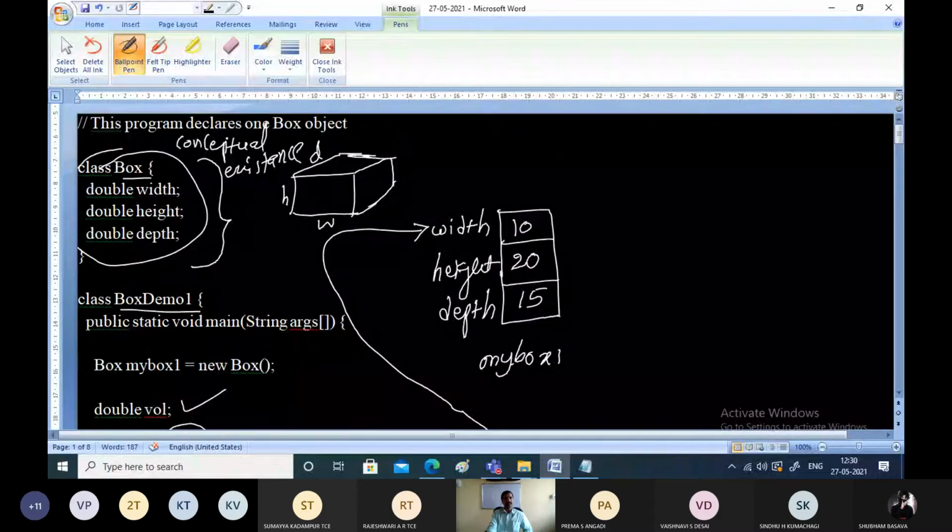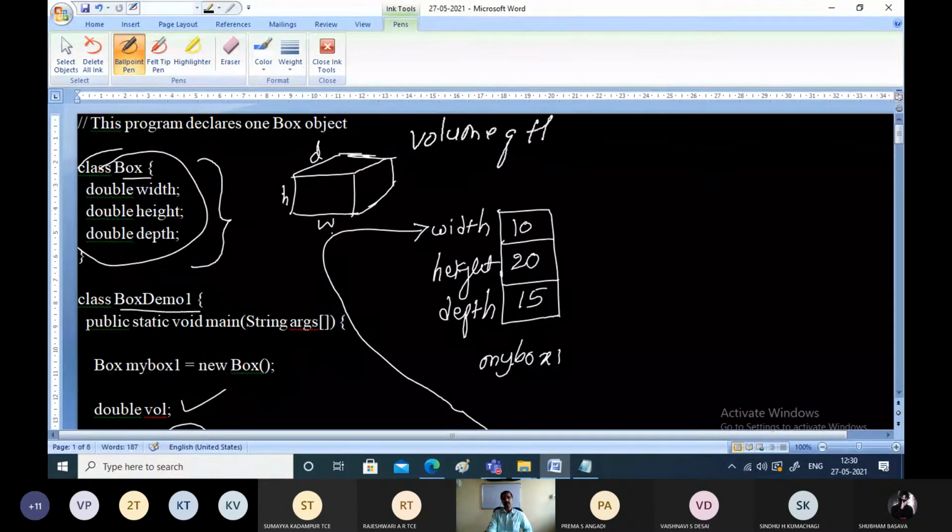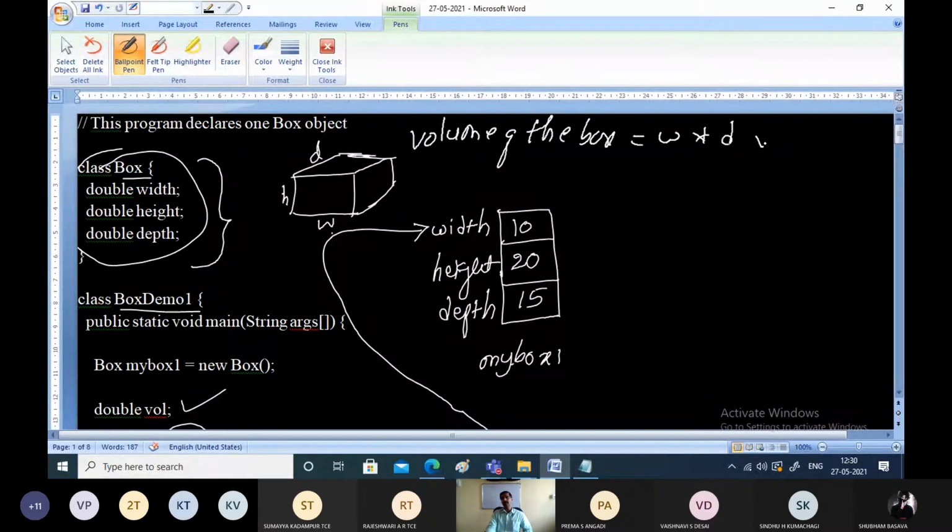As per mathematics and physics, when you multiply these three, we get the volume of the box. The volume of the box is given by width into depth into height. This is what is known to us.